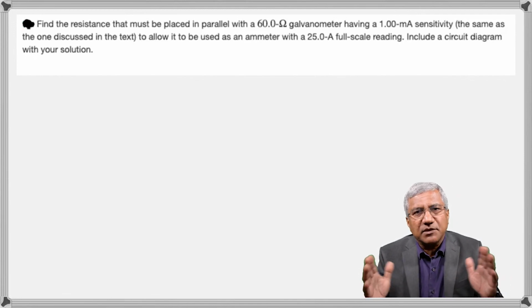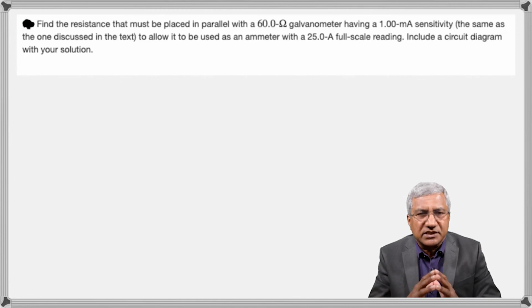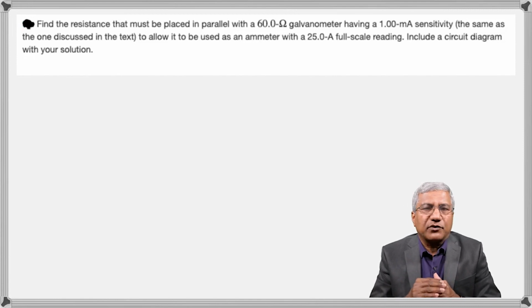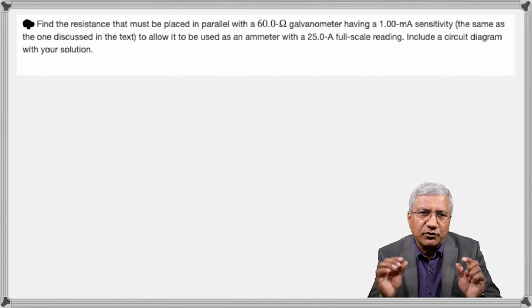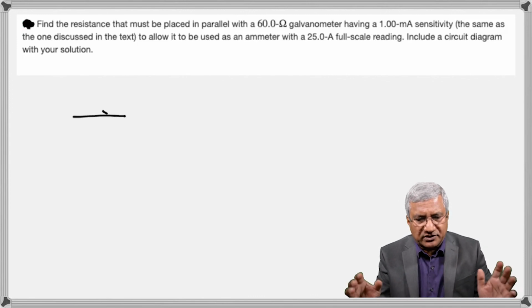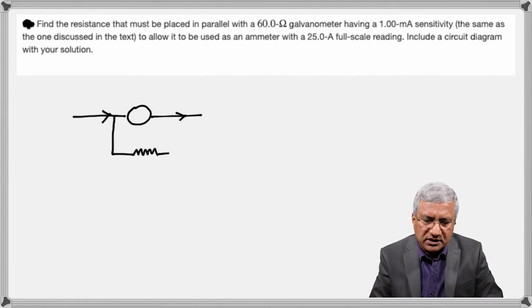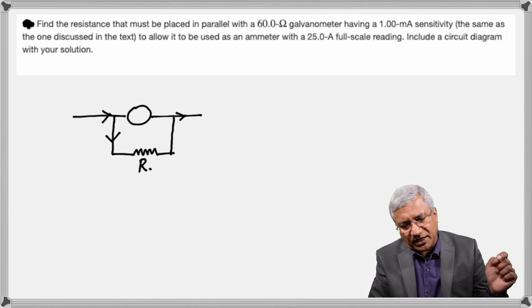Okay, it's simply by protecting it. How do you protect it? By connecting a resistance in parallel to the galvanometer. So, in short, a galvanometer is converted into an ammeter by connecting a real small resistance in parallel with it. All right, here is a circuit coming up. So that's the current. Here's a galvanometer. And then here is the small resistance connected in parallel. Okay, so when you send that current,